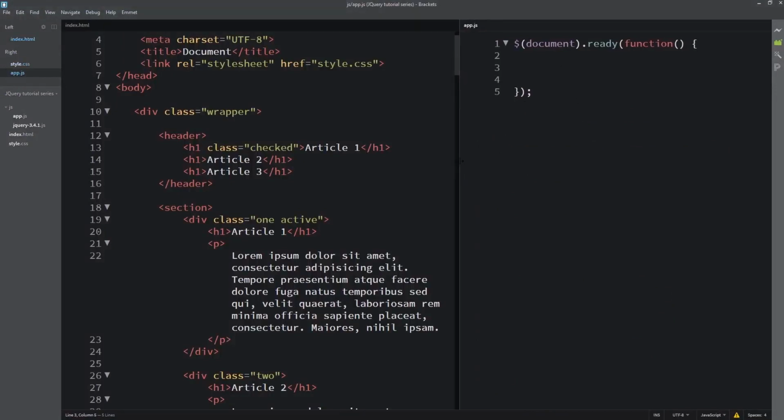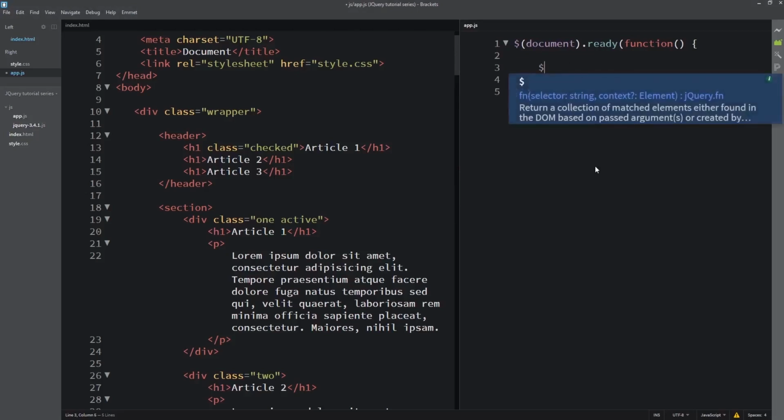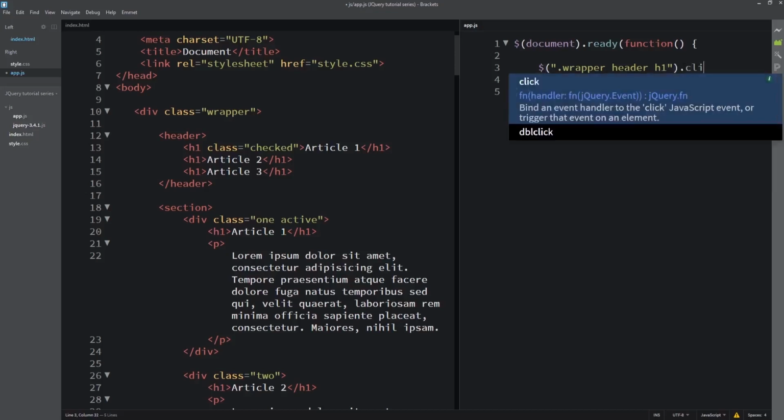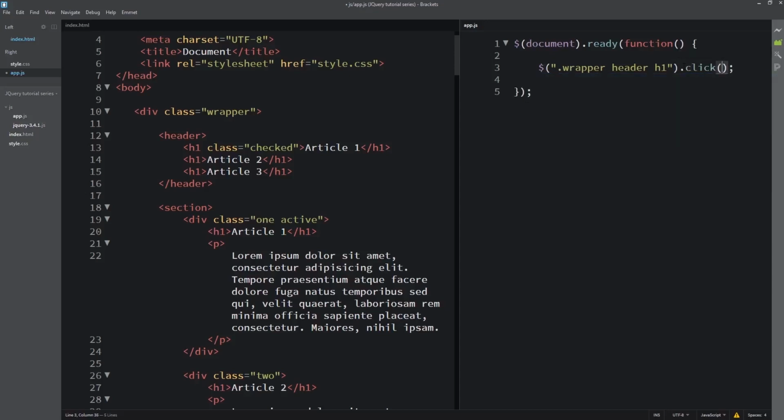So what could I do here? I'll target the H1 first. The jQuery sign $. Then we'll enter the wrapper, look for header, then inside the header, target the H1. So when we click on that H1, what do we want to make happen?